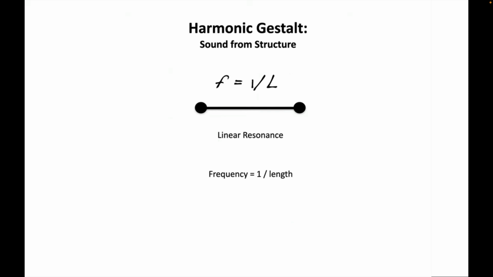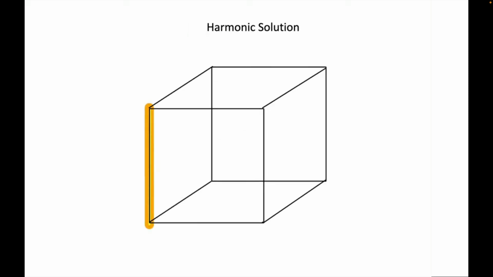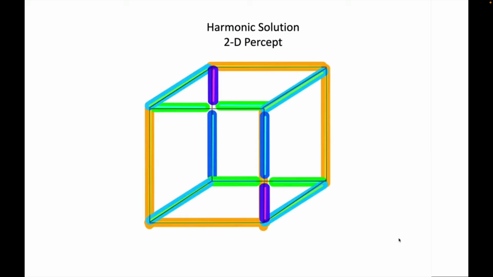I propose a harmonic gestalt, sound from structure, based on the principle that a line will vibrate at a frequency which is the reciprocal of its length. Frequency equals 1 over length. So, for example, in this percept, this vertical line over here would be represented by a musical tone that is a function of its length. If we now take a look at the two-dimensional percept and we employ a different tone for each line length,